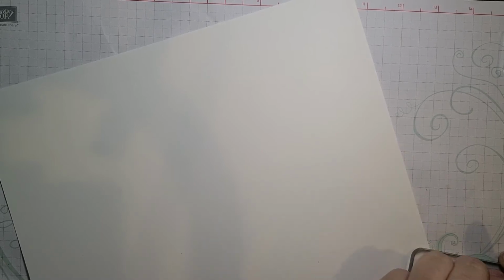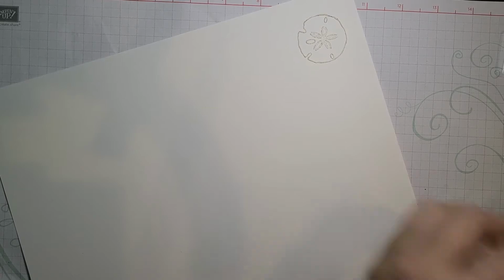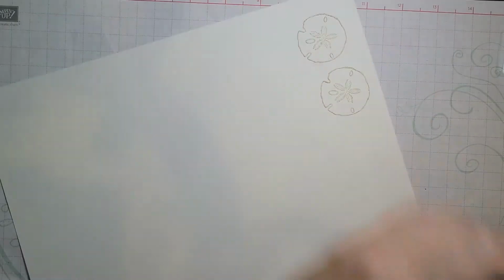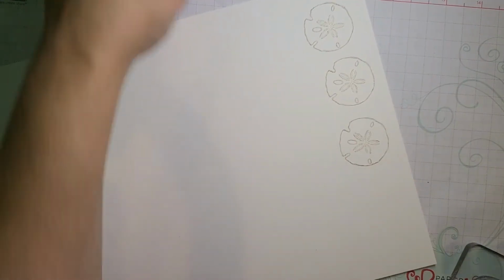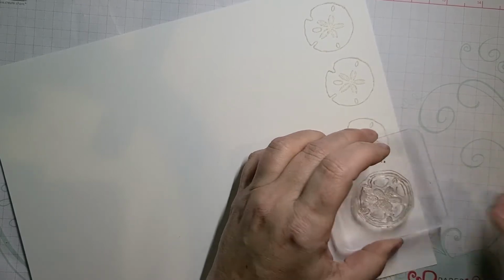Alright, I am back. I am going to be doing the sand dollar and the starfish. It looks like me giving it a little border. There's only going to be 5 per row of this. I was also thinking,